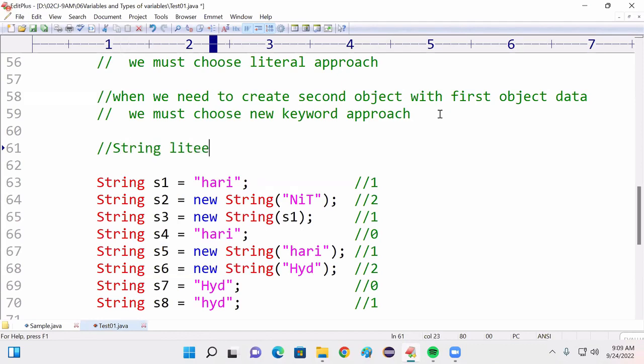String literal comes under pooling. What is meant by literal? Literal means value, constant. This is constant. It is a literal. String literal comes under pooling. What is the meaning of it? It means